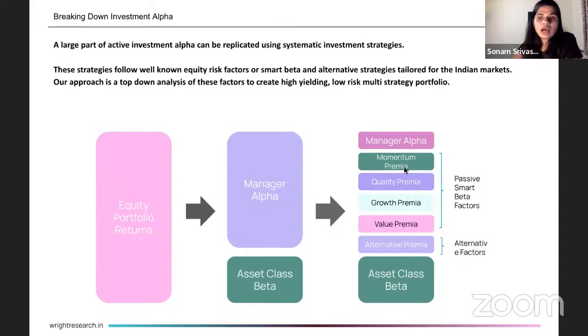So now, our understanding of the market has evolved, and we can understand ki, okay, in today's market, value is doing well, so I need to pick stocks that have high value. Or maybe, market switches and suddenly momentum is doing well, so I need to pick up stocks that have a higher momentum component, right? So this is what a factor investing methodology does. And all of these factors you can define numerically and work with it. So that's what we try to do, and I will try to explain this a little bit more simply going forward.